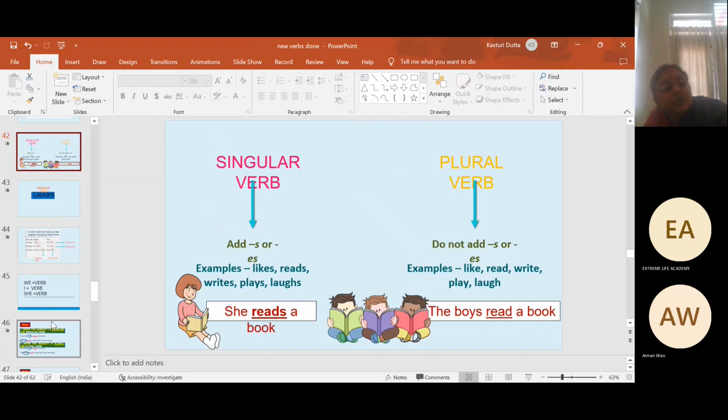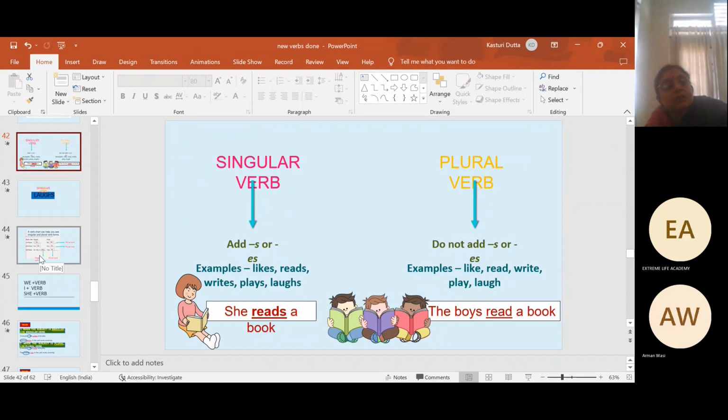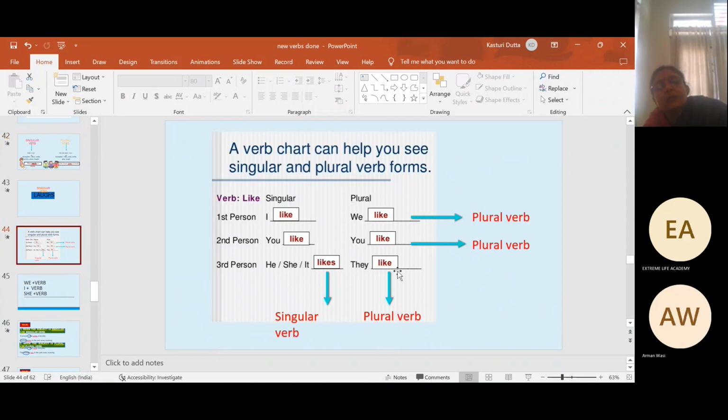Just according to the subject, two things you need to keep in mind. Number one is subject. You can write it down. Number two is how the verb agrees with the subject. The subject, and that is the concept of pronoun. If it is third person, like we say he, then obviously I cannot say "he like games." I cannot say that, I must say "he likes." The subject is very important, number one, and second is the rule of pronoun. By the rule of pronoun, the verb s or es is added.